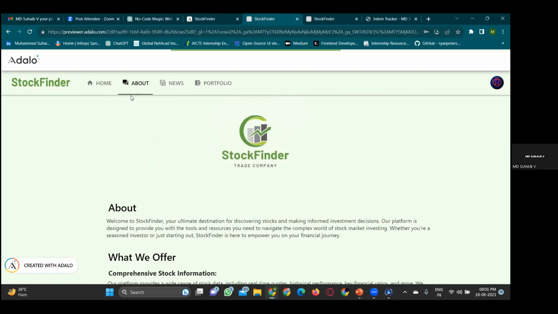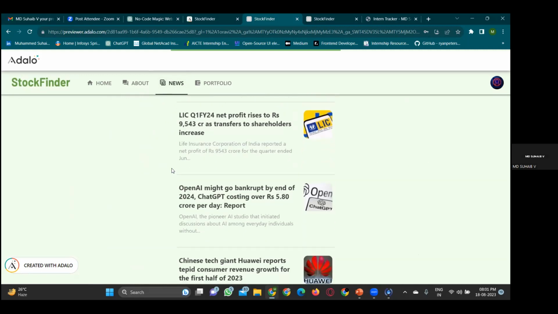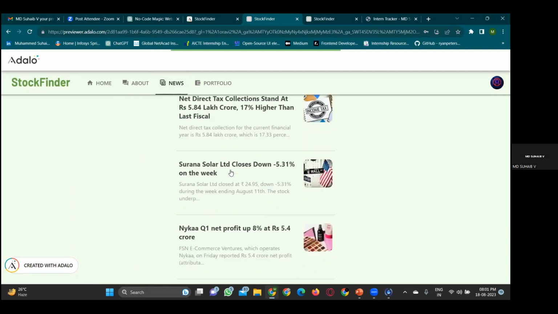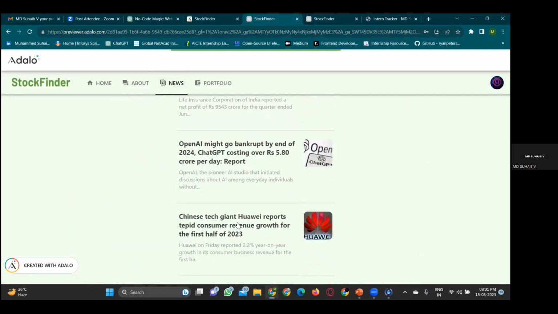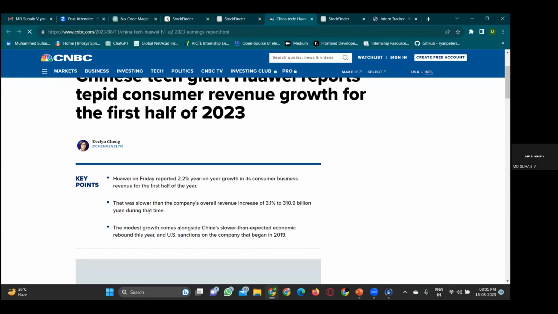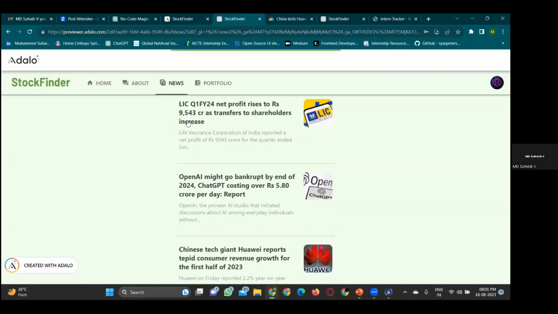This is just a static page to show some information about the company. And then we have a news page here. So we have the headline, a basic description about the news, and then the image. Now, actually, I've added links to this so that, for example, if I click this, it takes us directly to the link of the actual news site. So for example, CNBC has published this news story. So it takes us to this actual page.